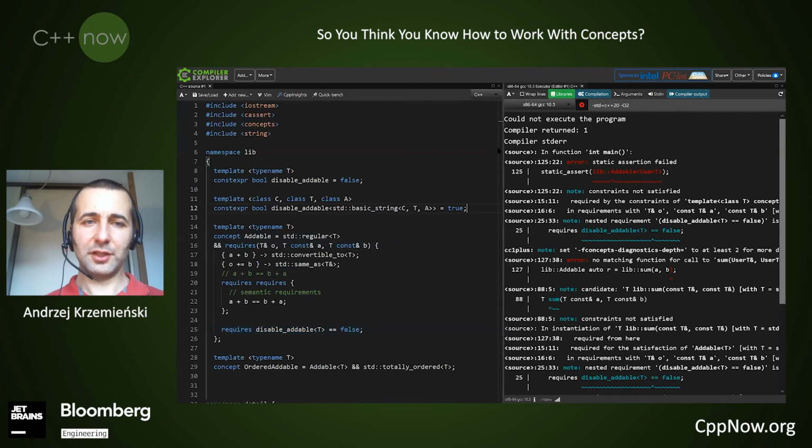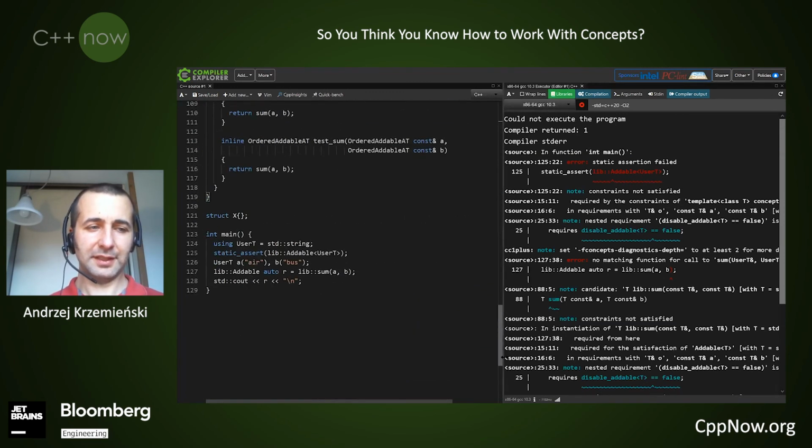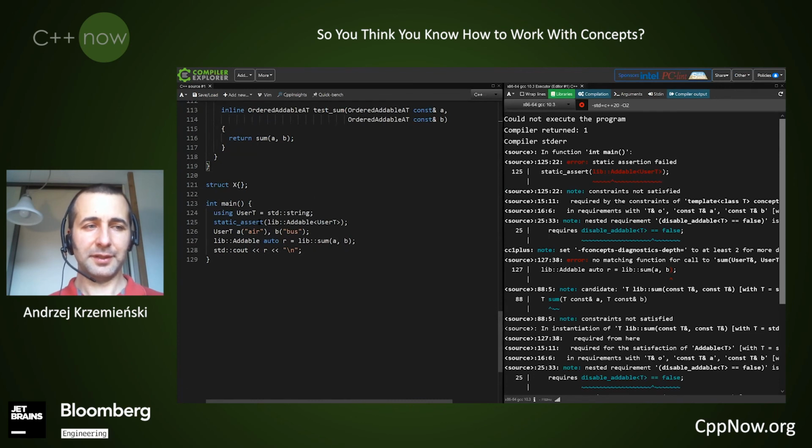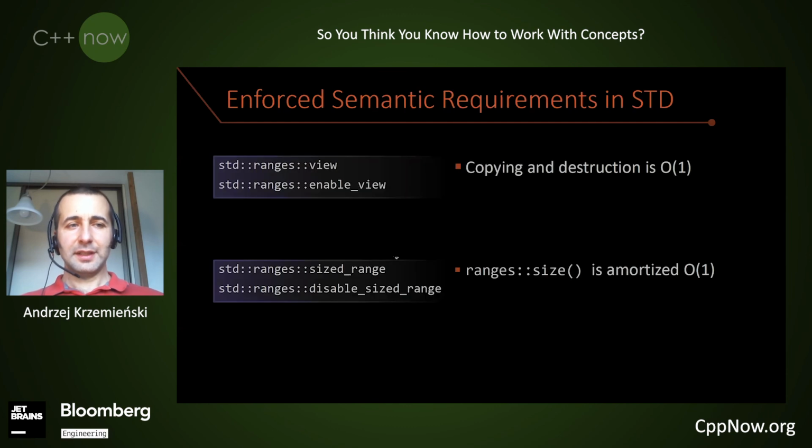There's fewer specialization of this template. Yeah, it's again our string. So we have a choice here. Not sure which one is better, because the enable one is safer, but the disable one is more convenient. In fact, if we look at the standard library, they use the same trick.